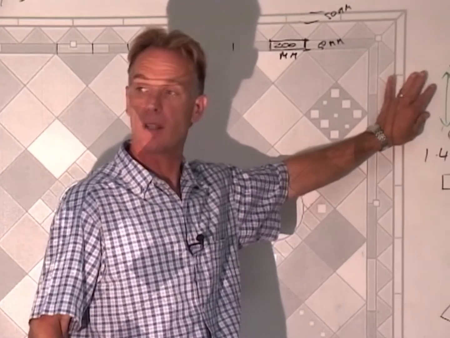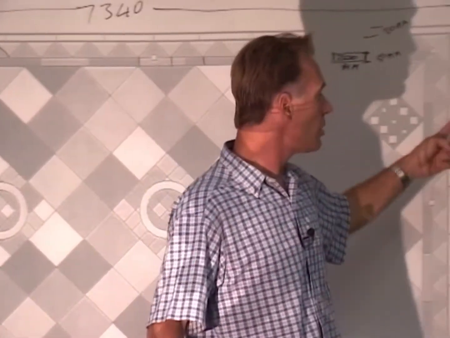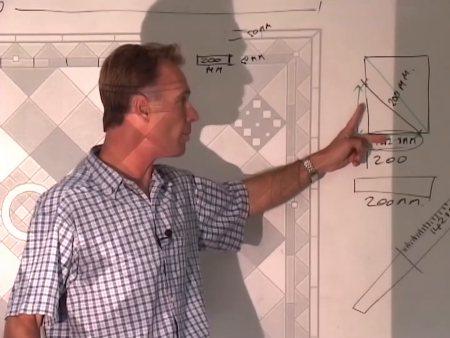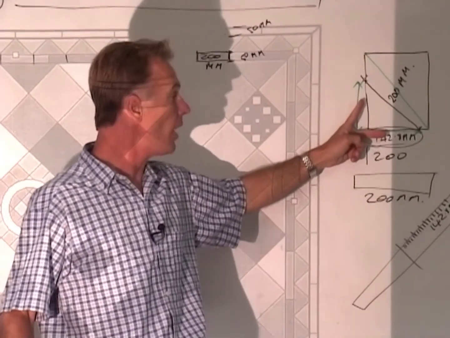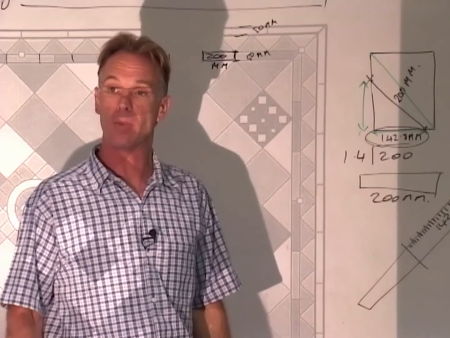Does anyone want to ask any more questions regarding the cutting of this tile or the formula? I was just wondering, does the formula for cutting of the angle stay constant, or is it always the same depending on the tile size, or does that change? It does stay constant, Reece. As long as you've got your 90-degree angle in the bottom corner of your tile, and you work from that 90 in both directions, your formula will stay constant.